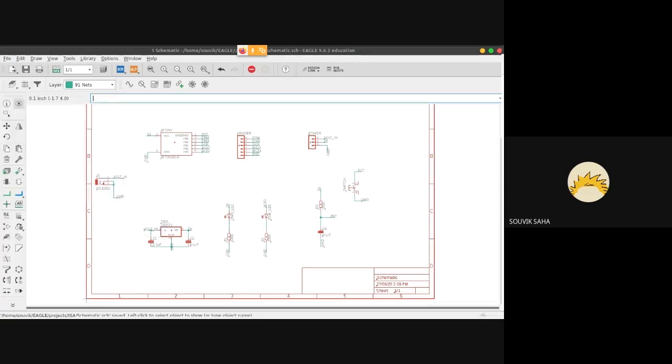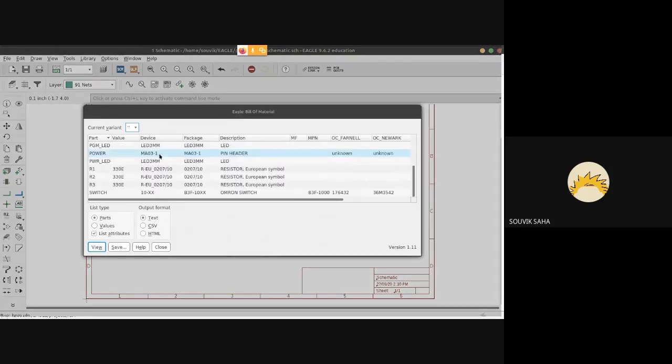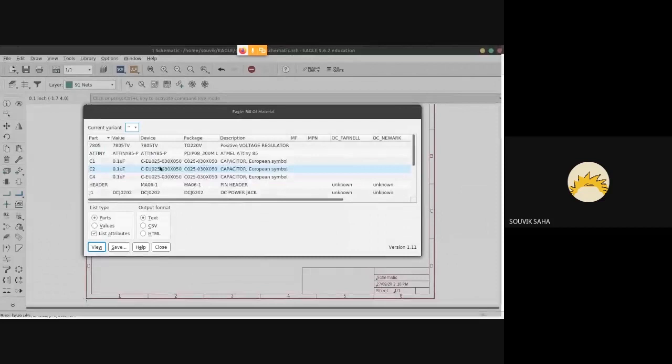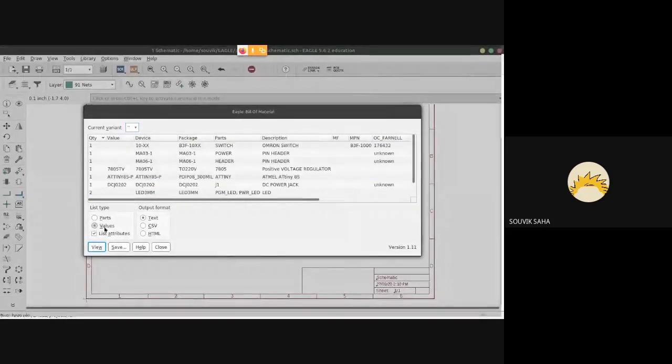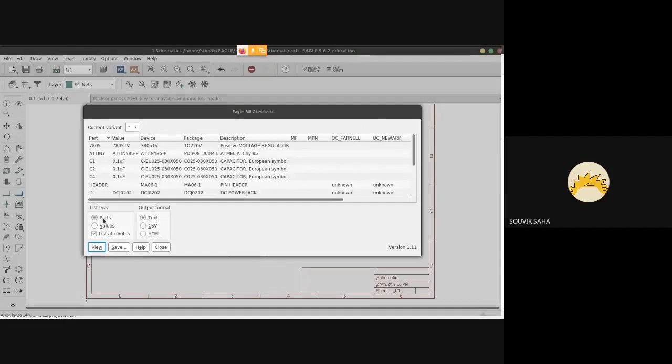And then you just click on BOM. So yeah, that's it basically. If you want to save it in text format or CSV or HTML, you can just choose it like that.